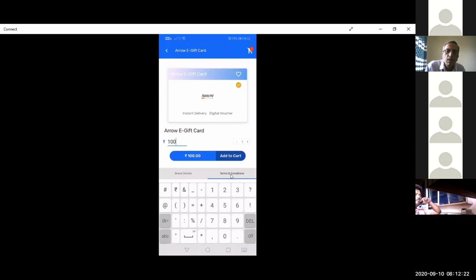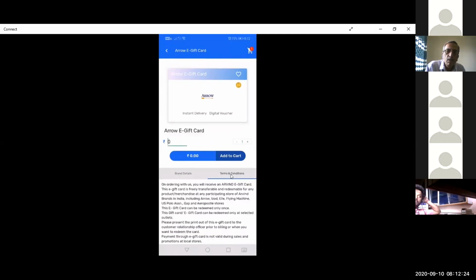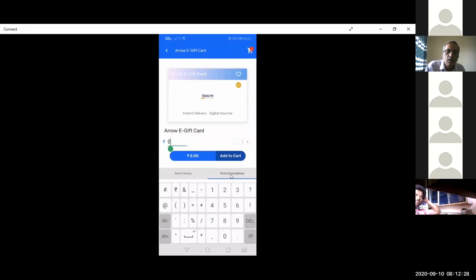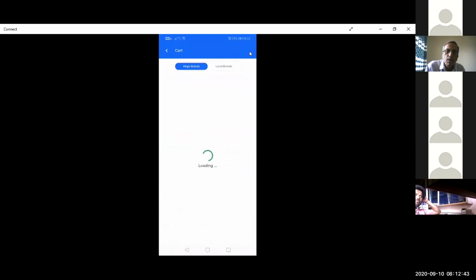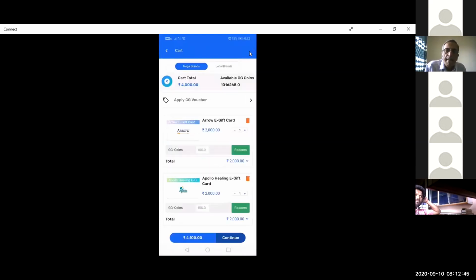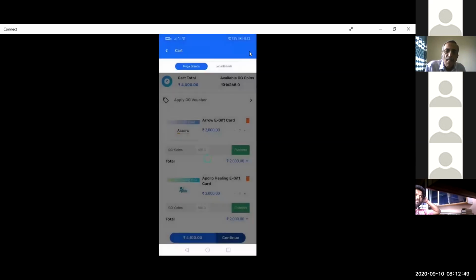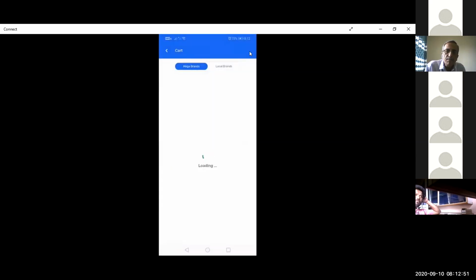Now, for example, if I want to purchase a voucher of say 2,000 rupees, I'll just add it to cart. Now I'll go back to the cart. Here I can find all those vouchers which I want to purchase, right? Arrow, for example.